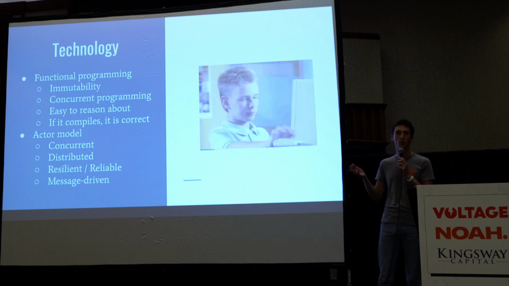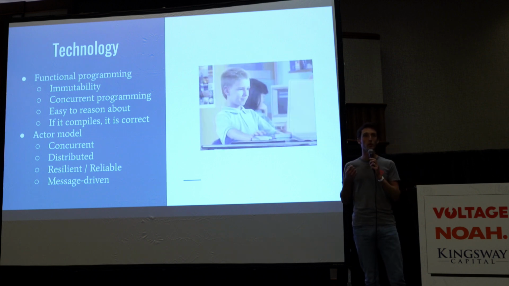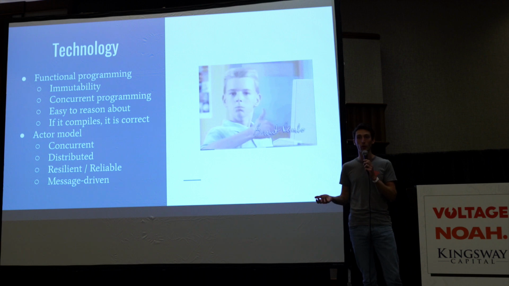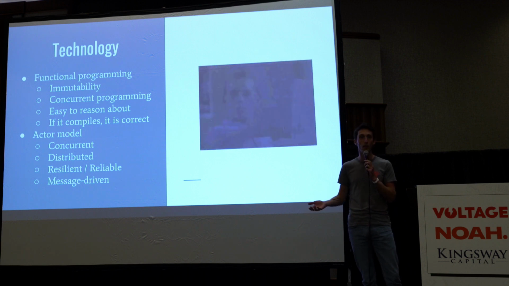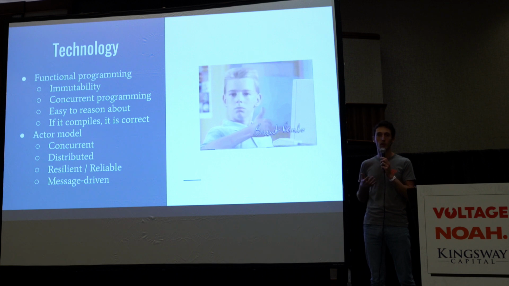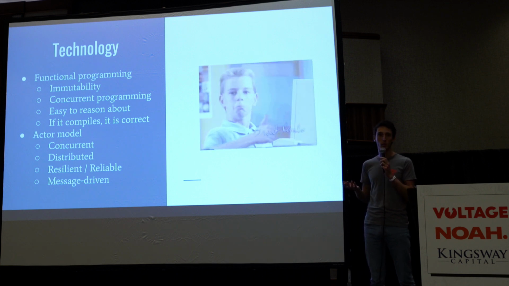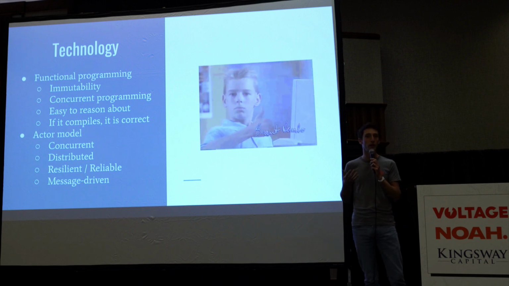Immutability removes a whole class of bugs about mutable state. Functional programming lets you be a dumb programmer, because the compiler is going to check everything for you. It's going to help you a lot so that you can write just dumb code, because our goal is obviously not to write smart code. We want our code to be as dumb as possible.